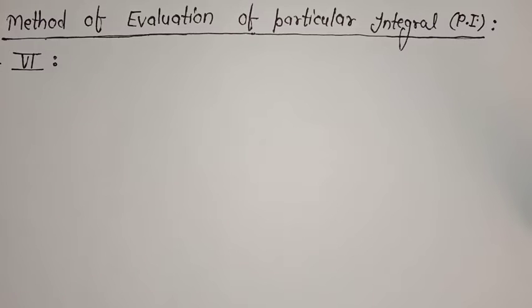In the fourth case, I took q as the product of two functions, in which one function was exponential and the other may be a polynomial or trigonometrical. And in our last case, which I discussed in my last video, q was also the product of two functions, in which one function was x raised to power n. That is, the first function was a polynomial and v may be exponential or trigonometrical. So we have learned that method.